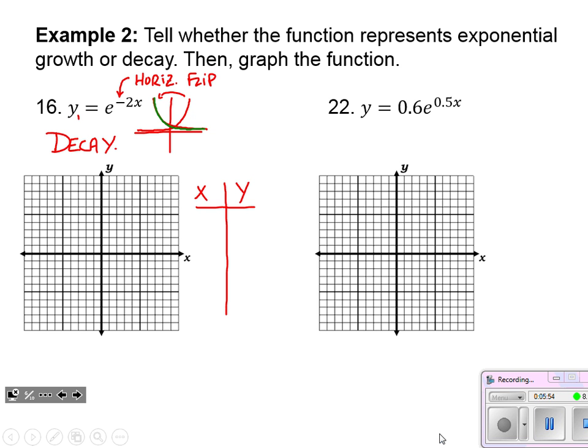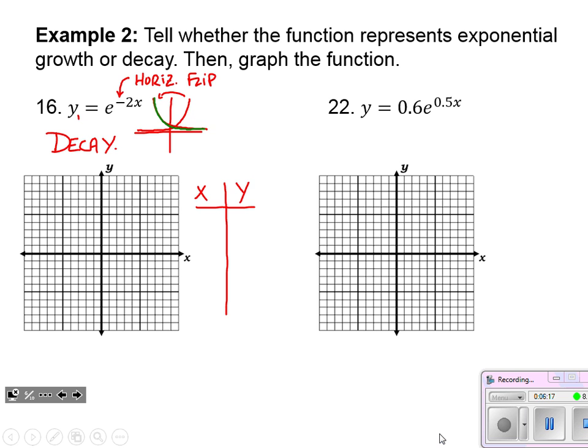So in the y equals menu, clear out some stuff that was in there already. The e to the power is along the left-hand side of your calculator. It's the third one up from the bottom. So you have to hit second, and then the key is ln. And we hit that, and it gives us e to some power, and we fill in the power with a negative 2x.